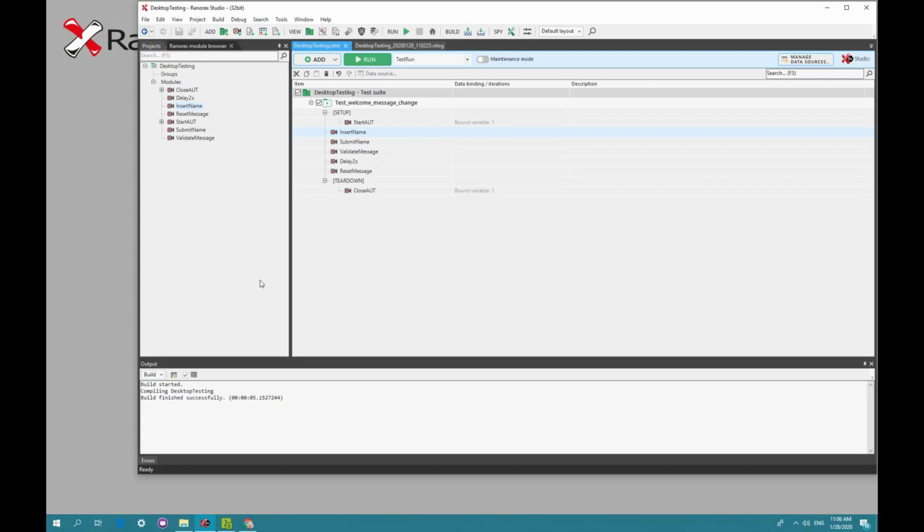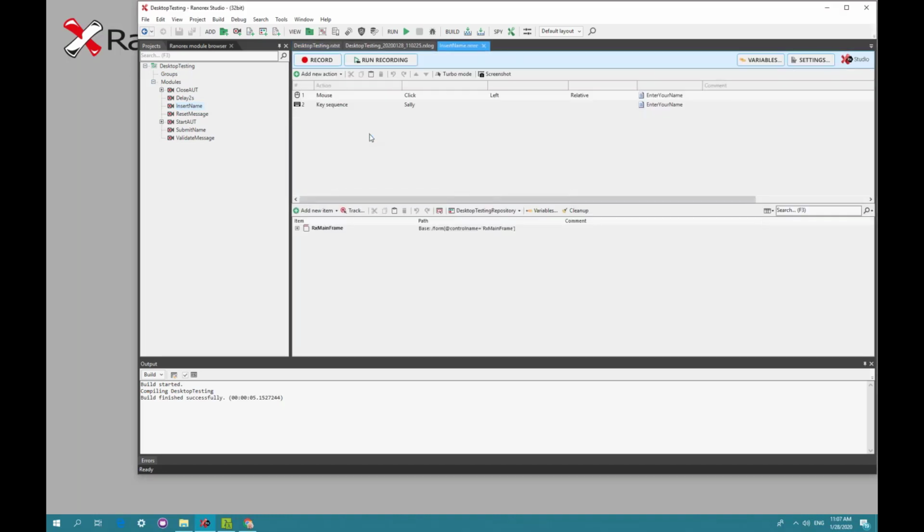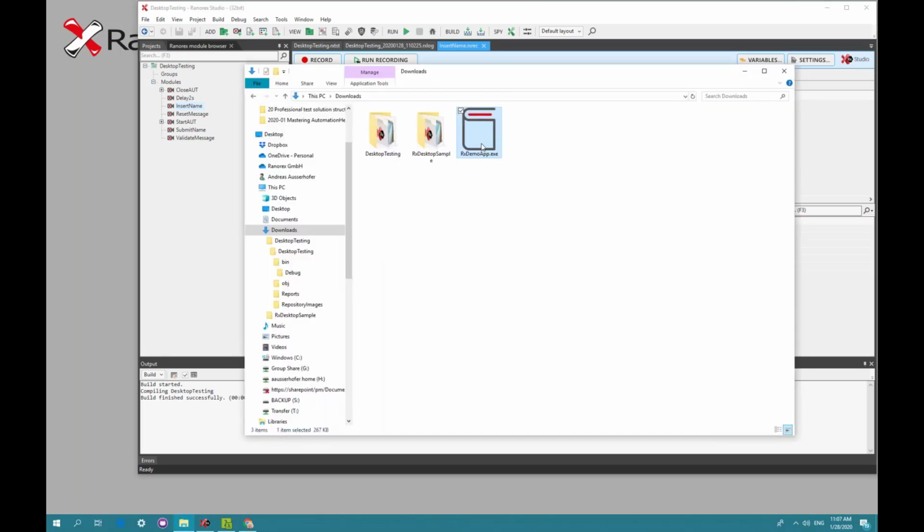So can you edit the naming of the repository items? Oh, this is a very good question. I will point that out immediately because this is something I wanted to show you. Down there, let me talk a little bit about tracking UI elements and about organizing all of this stuff. So let's first open up